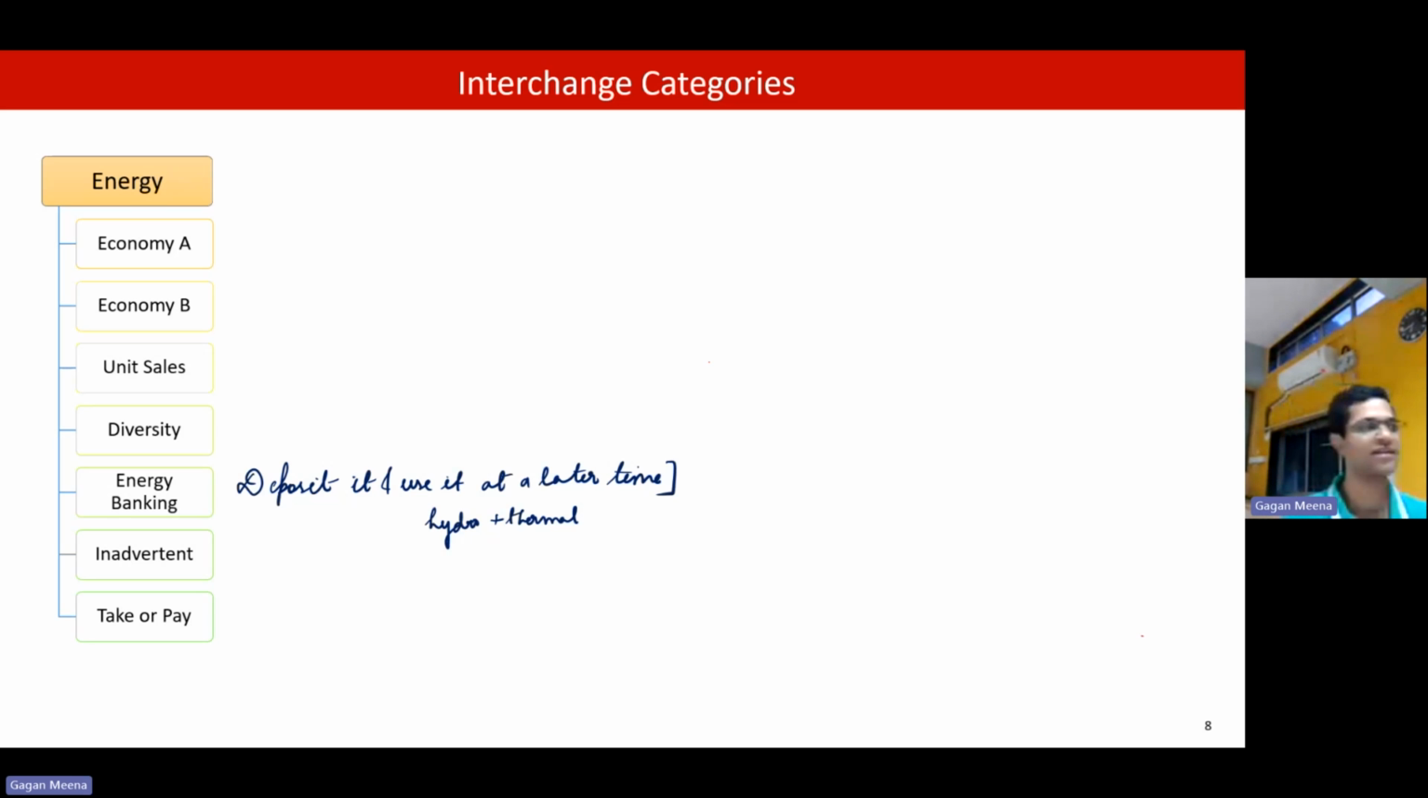Which system is banker or depositor depends upon the contract. The role may even reverse as a function of time. As a function of time in a year, the hydro and thermal can interchange the role. When the hydro has